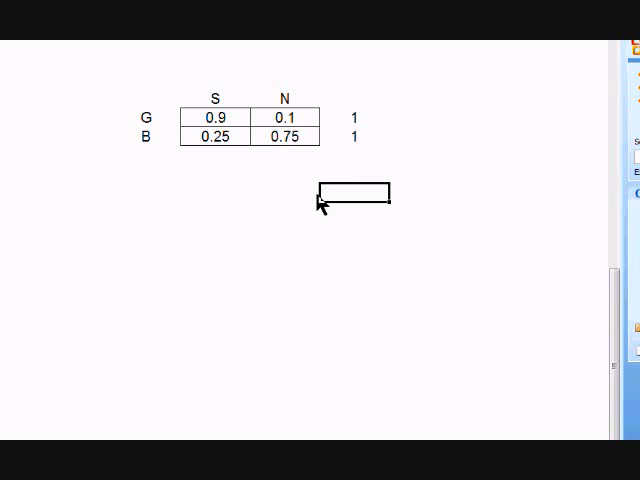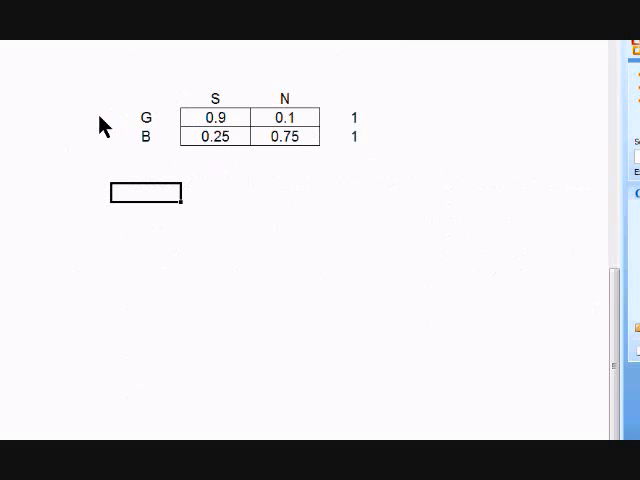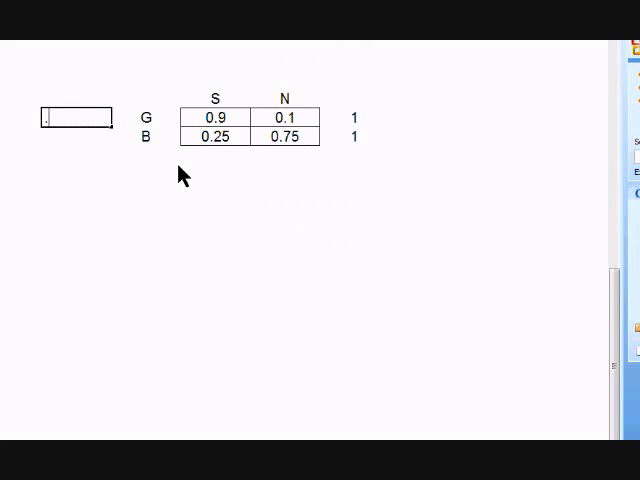Alright, but we also know that we have some probabilities in here of credit risk being good of 0.25, and so obviously the opposite, having a bad credit risk, is 0.75. So we have the probabilities of these states of nature. What did it say again? Probability of good credit is 0.25, and probability of having bad credit is 0.75, which is just obviously the inverse